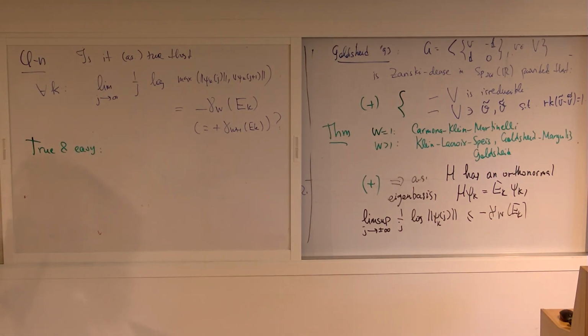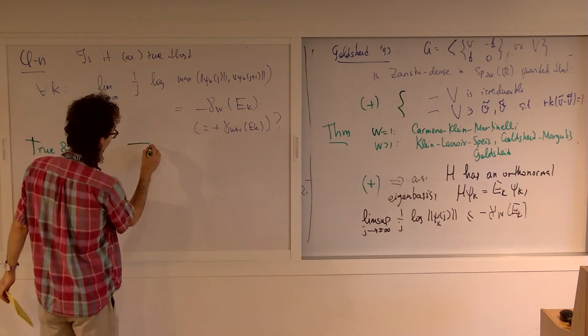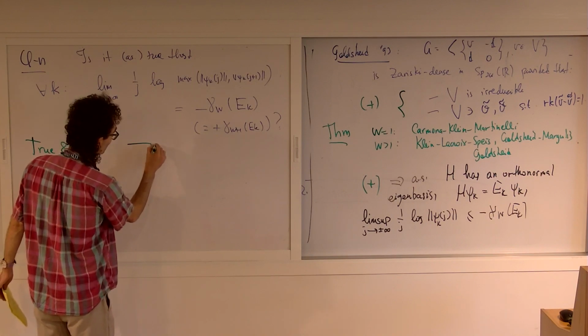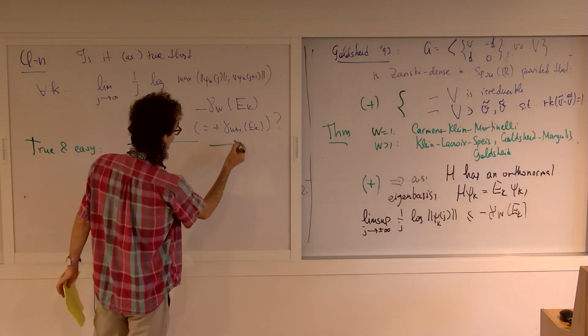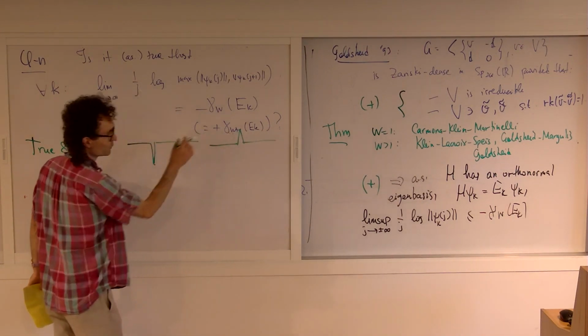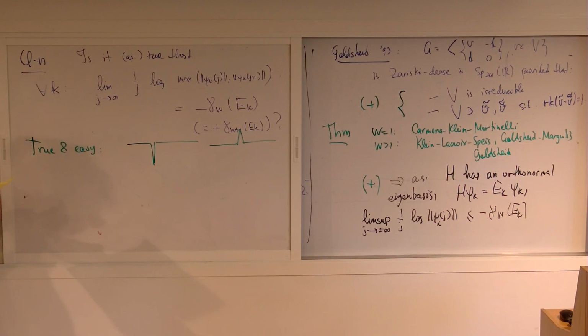The result of Goldsheid, which I've erased, says that the wth singular vector can be much smaller than the Lyapunov exponent prescribes. It turns out that the situation is not symmetric, so it's not that it can jump down and jump up, and this has to do with the fact that polynomials can easily do this kind of thing, be large and have a zero at one point, but very rarely, or never are they allowed to have upward spikes. So Craig and Simon